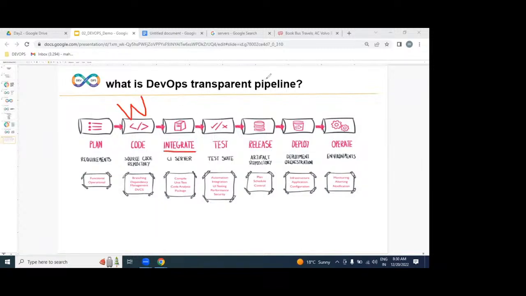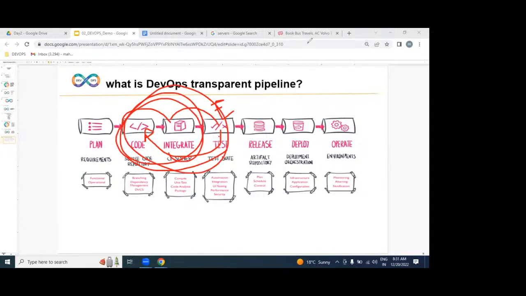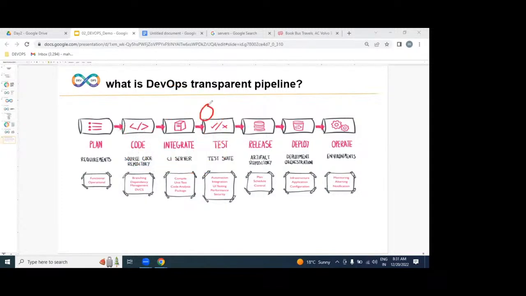Once it is integrated, we need to verify whether the software is working or not. That is the reason we are going to be executing test cases, but we are not writing any test cases, which are written by testers; we are just integrating them in this process. If you get any issue or error, it is automatically redirected back to the developer. The developer has to fix the issue, then again integration, again testing. So this loop will be repeated until there are zero errors.